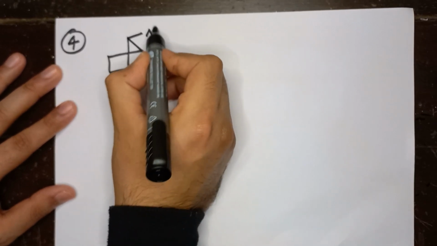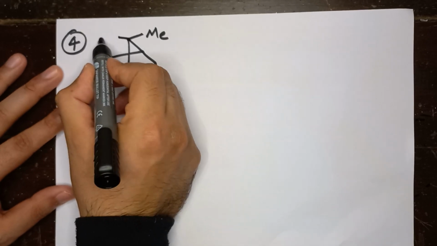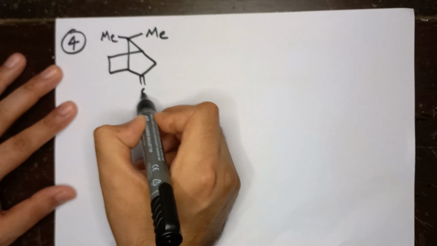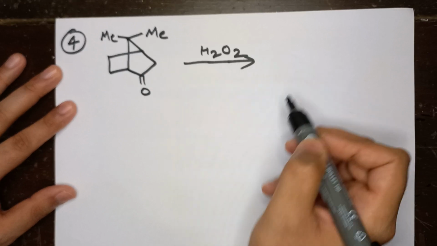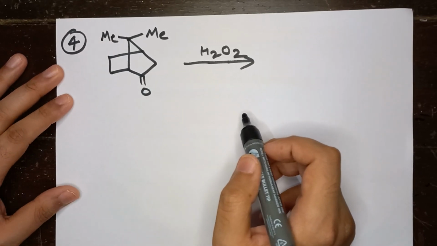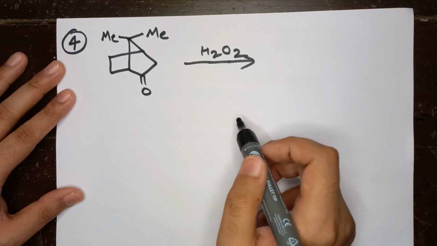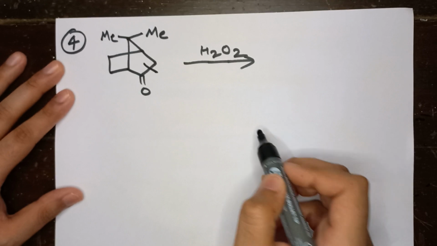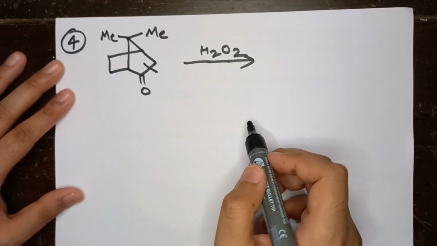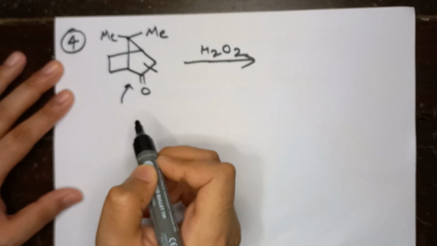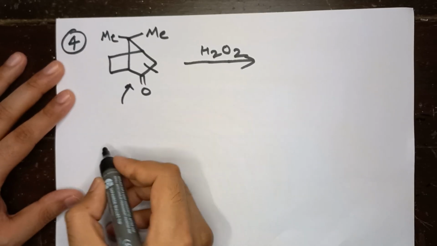So we have two methyl groups and we are doing Baeyer Villiger oxidation. So what is the product? So the oxygen will be inserted from here, just like the previous question, because the attack will happen from below the plane. Okay, so mechanistically,